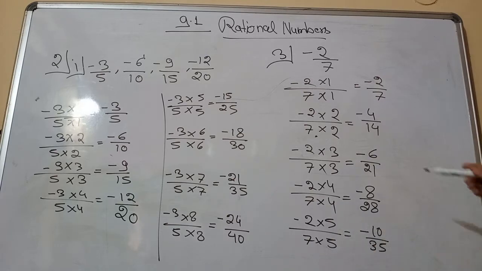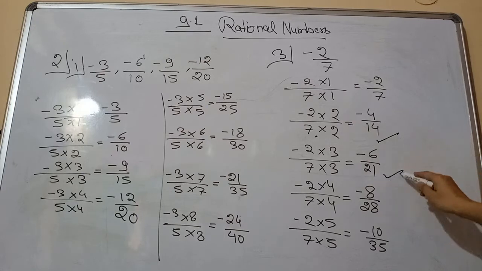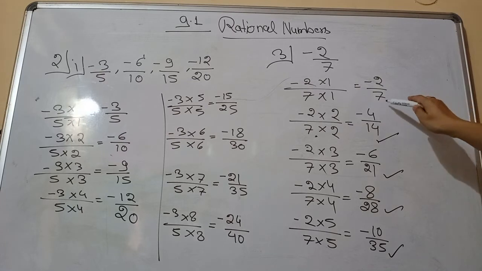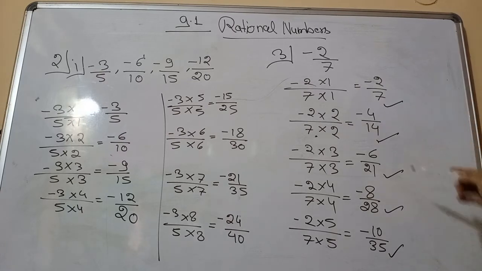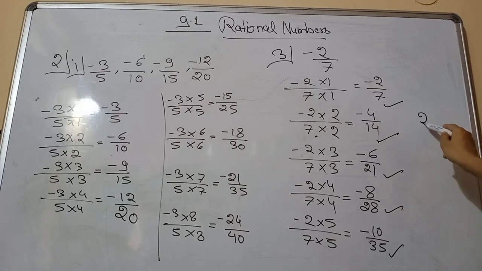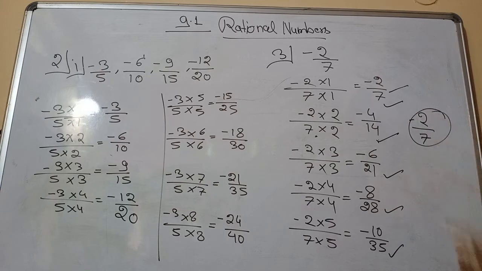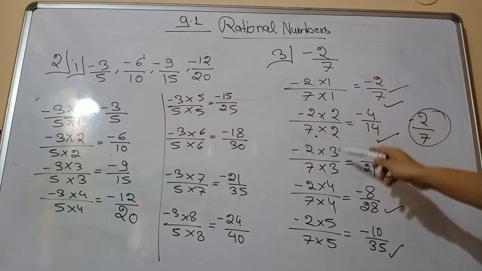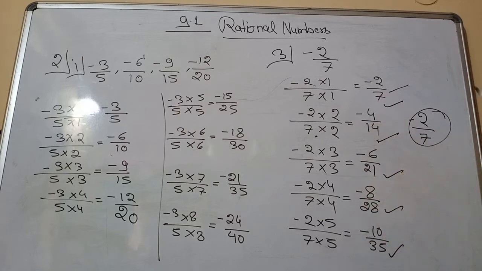So what are the 4 equivalent rational numbers? This, second, third and fourth. These are the 4 equivalent rational numbers to minus 2 by 7. Like see, 4 and 14 both come in the table of 2. Like 2 2s are 4 and 2 7s are 14. You can see this term and this term are the same. So this is called an equivalent number. When you multiply the given term by counting numbers, you will get equivalent rational numbers. This is your third question.